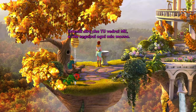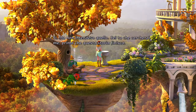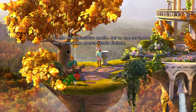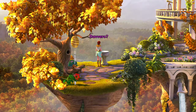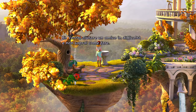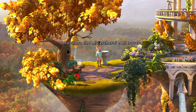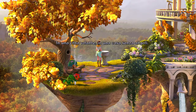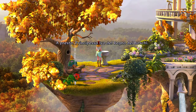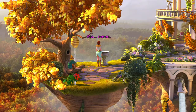You mean to say you will see me and follow my every move? Yes, but I didn't mean that. You will seek me out before this story ends. Really? Yes, you will want to help a friend in need and won't know how to. That's when you will seek and find me. Where will I find you? In a flying town, in a house with no corners. Till then, Princess Ivo of the Woodland Realm. But, oh...